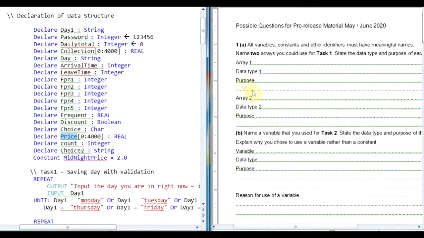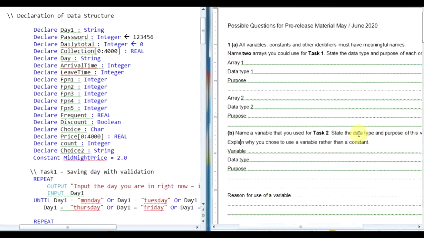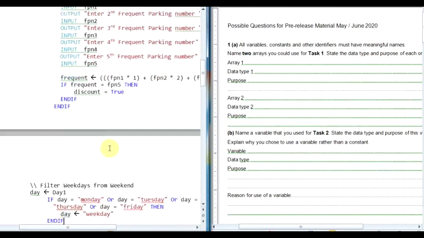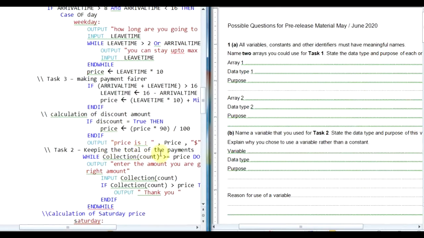Okay, now the question number 2, which is question number 1, part B: name a variable that you have used in task 2, and state the data type and the purpose of this variable. In this question we have an issue, so let me define these things initially. In task 2, we are keeping the total of payment, which means we are saving the payment in